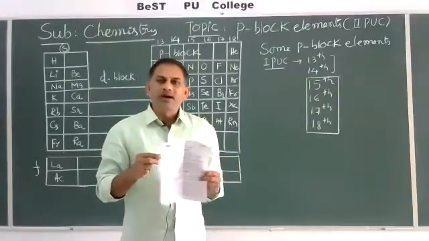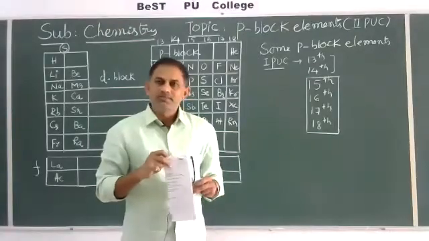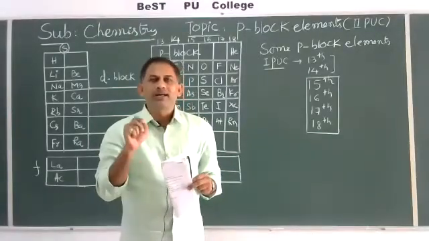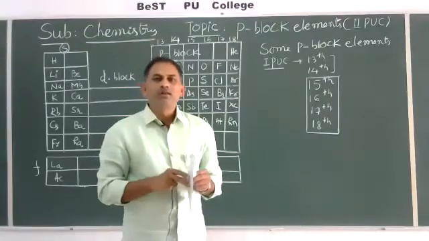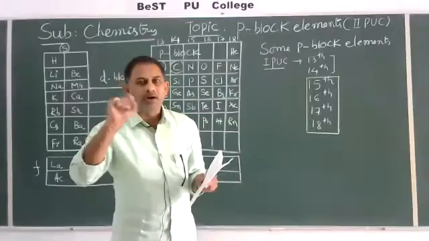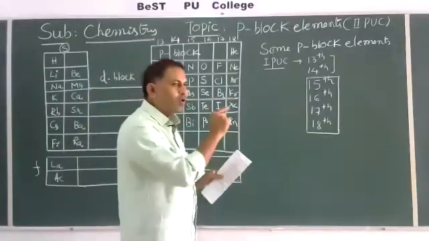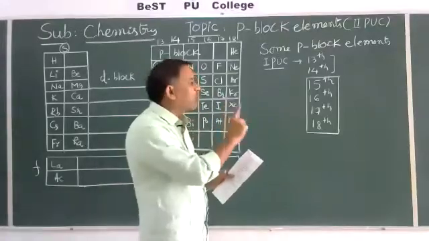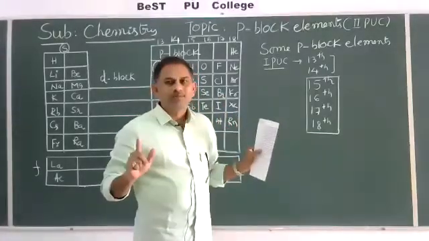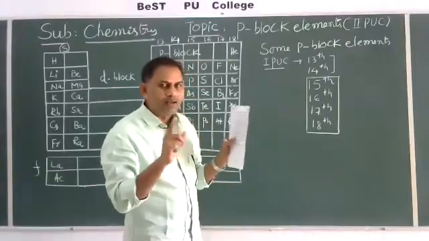Only they'll create one word answers. P block elements is completely based on one word answers only. There are no other big questions, but under the heading they'll give 3 marks. In that 3 marks they'll ask A, B, C like. That's why better you concentrate only on 1 mark and 2 marks. To get the 1 mark and 2 marks for objective as well as PUC, better you read line to line